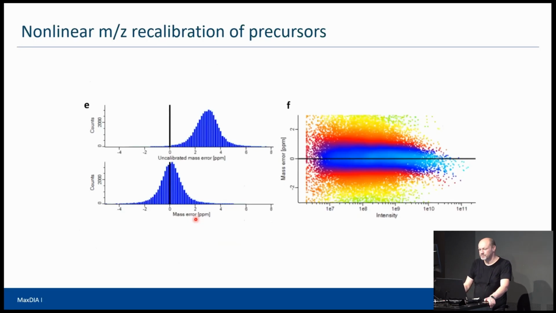Okay, and then here you just see the same data again, just in histogram form. So this is the mass error in ppm before recalibration, and that's after recalibration. You see it's shifted to zero, and the spread of the error histogram has shrunk, right? So it has a lower average error than it had before the recalibration. And here you just see the intensity dependence, which is fine, basically. So that's also not showing any systematic effects. Okay, so that's just the way we do the recalibration